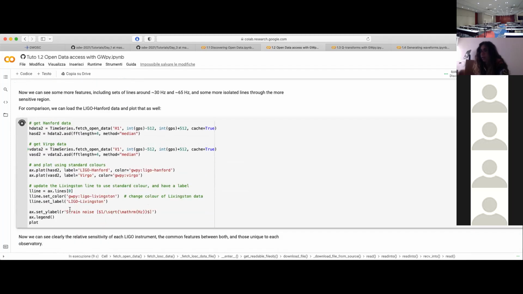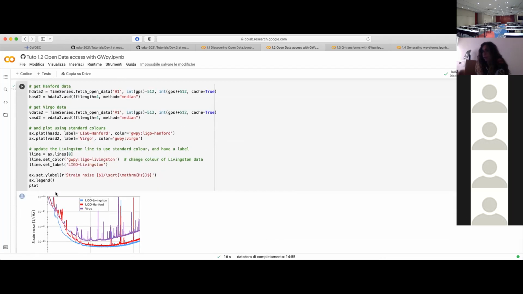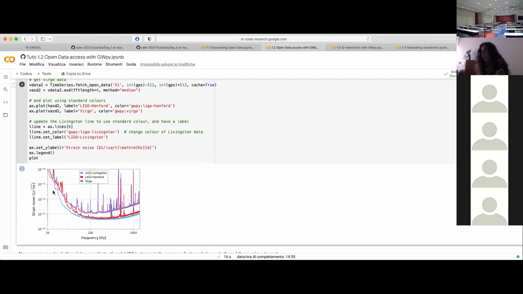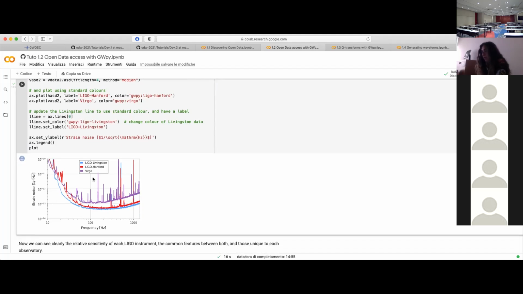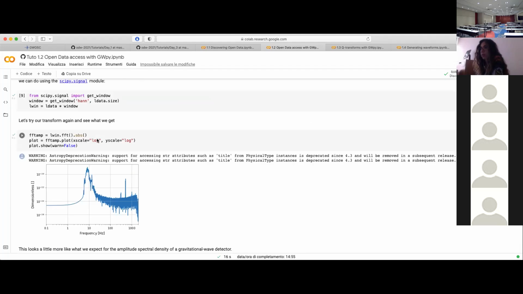And this will take a while to run because it has to download the data for the two detectors and then plot them together. So you see now the three sensitivity curves in, I think this was O2, yes, in O2. So in the second observing run,